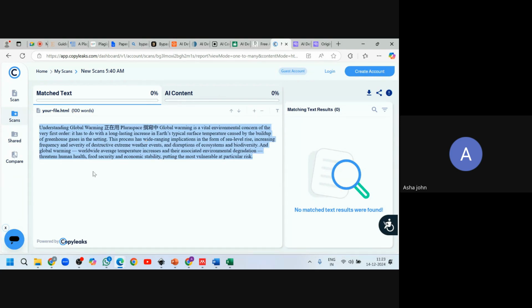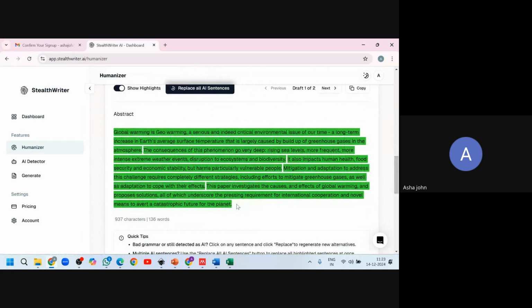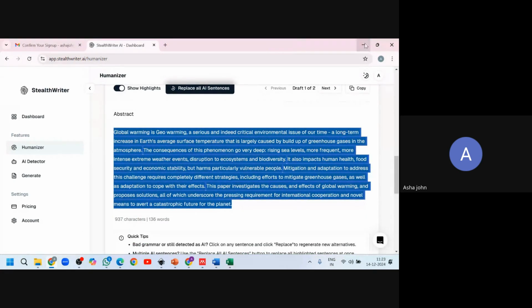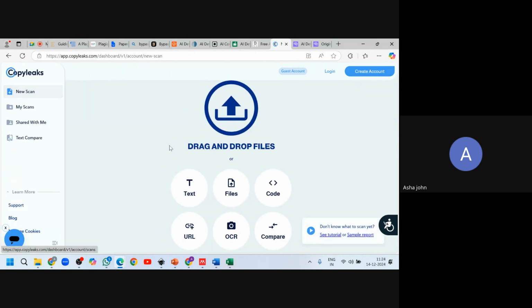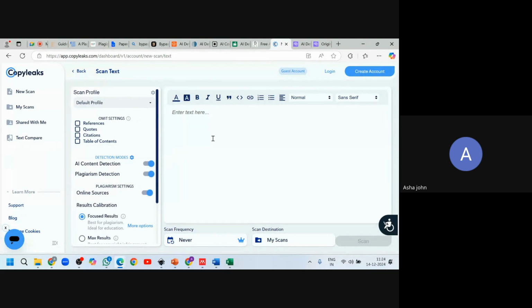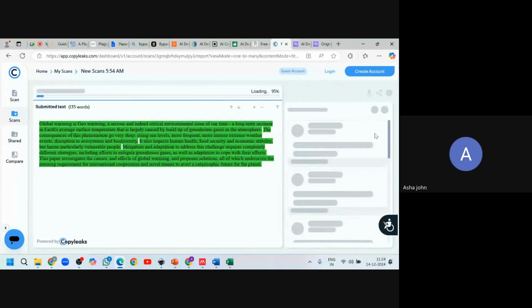And finally, Copyleaks. Copyleaks is saying the content is, let's see, 95% here. You can see the progress bar on top.